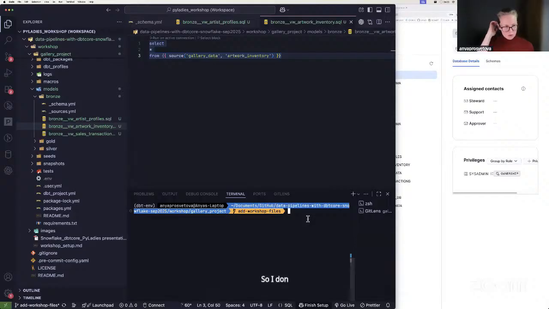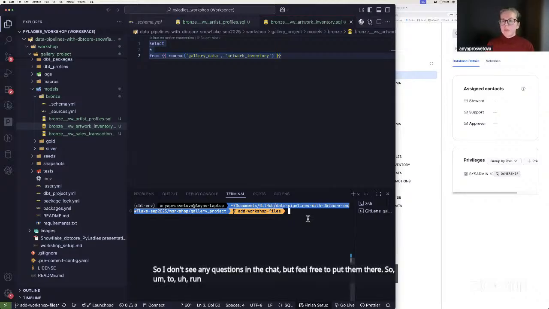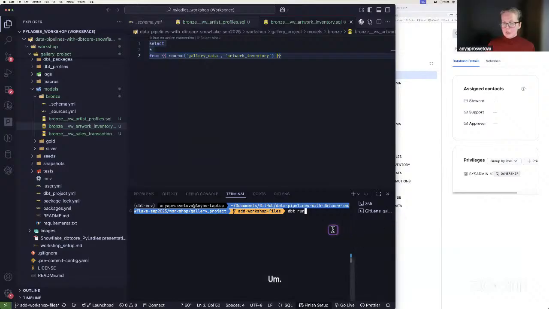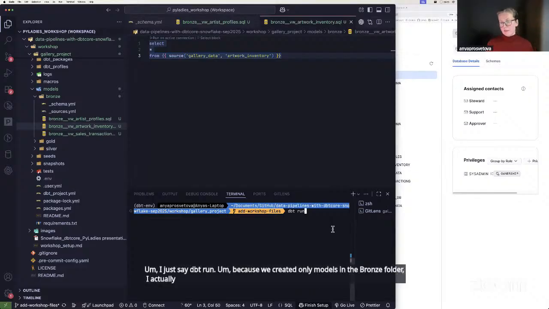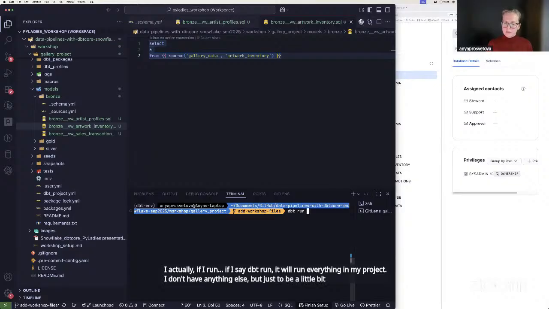I don't see any questions in the chat, but feel free to put them there. To create models, to tell dbt to execute our SQL scripts, we just need to write a very simple command. It's dbt run. So in my terminal, I just say dbt run. Because we created only models in the bronze folder, if I say dbt run, it will run everything in my project. I don't have anything else,